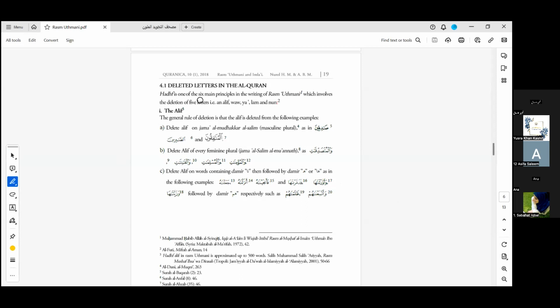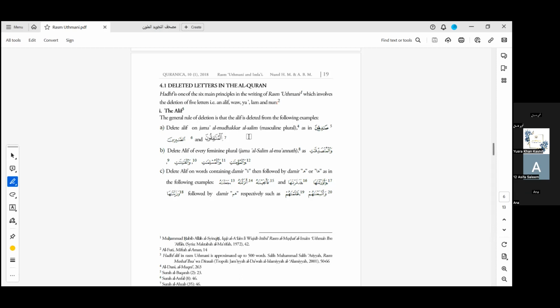Hazaf is one of the 6 main principles in the writing of Rasm Uthmani, which involves the deletion of 5 letters, that is alif, waw, ya, lam, and noon. The alif, for example. So the general rule of deletion is that the alif is deleted from the following examples. In Jama Mudhakkar al-Salim, that is masculine plural,